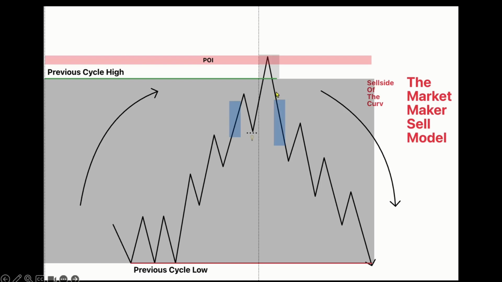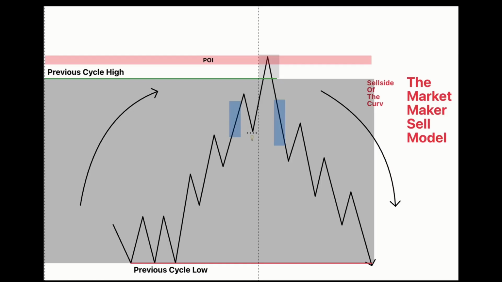If we then see the market displace through that low with an imbalance, it's even better. What we can then anticipate is the market to retrace to then continue lower. Again, what I want you to investigate on your own is applying quadrants to the ranges of previous cycles. And if we look at quadrants, we also need to look at equilibrium of the previous cycle's range, because